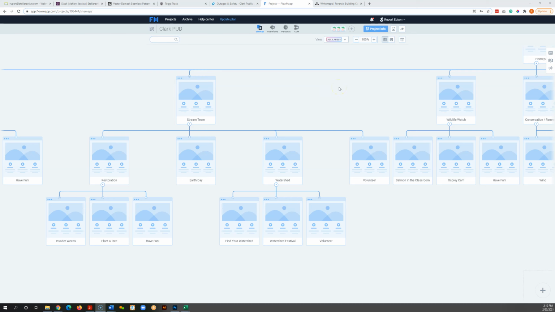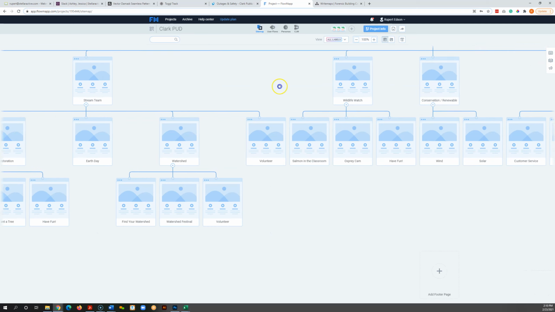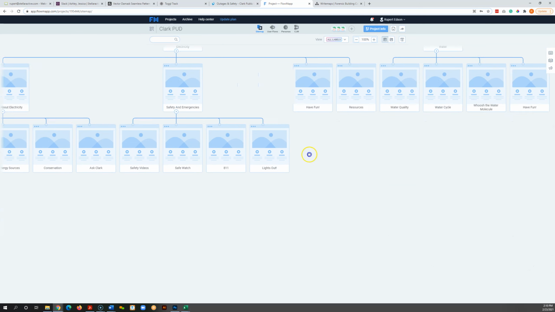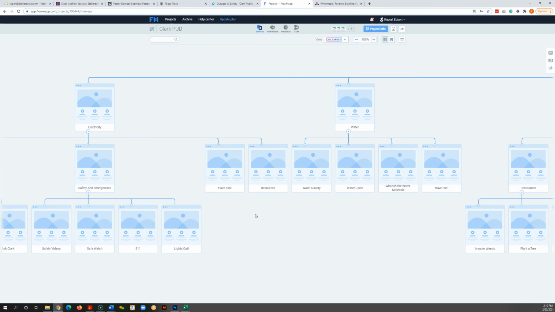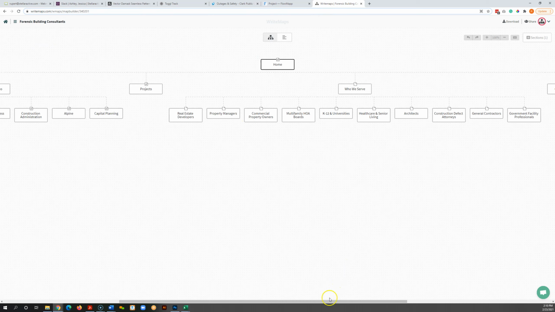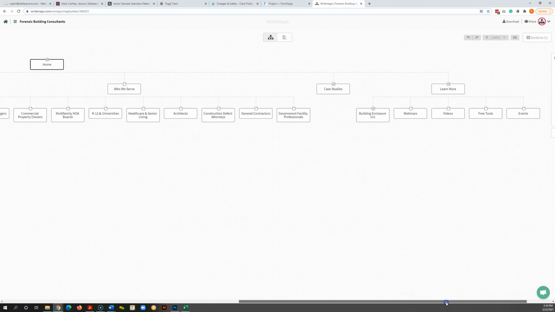So I'm just going to make a quick video on this because I think this thing is pretty worthwhile. It is the only one I've explored other than FlowMapps, but I'm really digging it. One thing here that's better is anytime you click and drag, you are scrolling up, down, all around on this thing, whereas with FlowMapps, you have to use the scroll bar to get around, which I